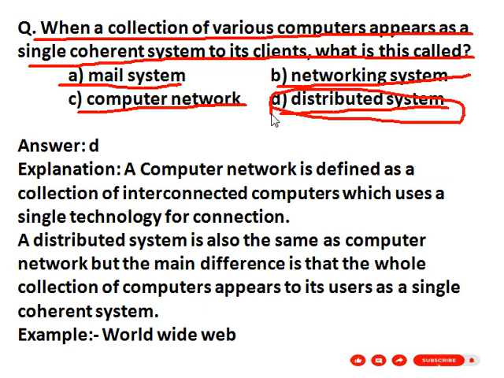A computer network is defined as a collection of interconnected computers which uses a single technology for connection. A distributed system is also the same